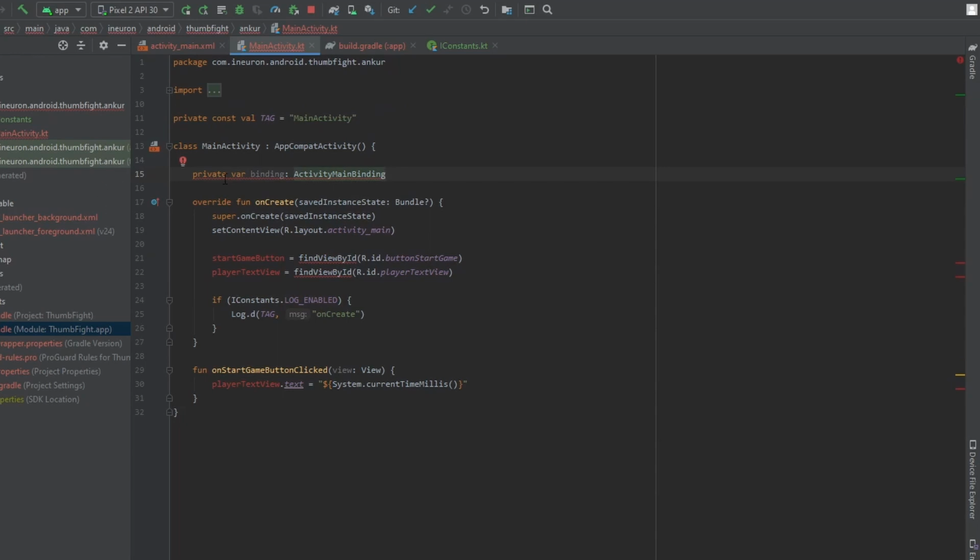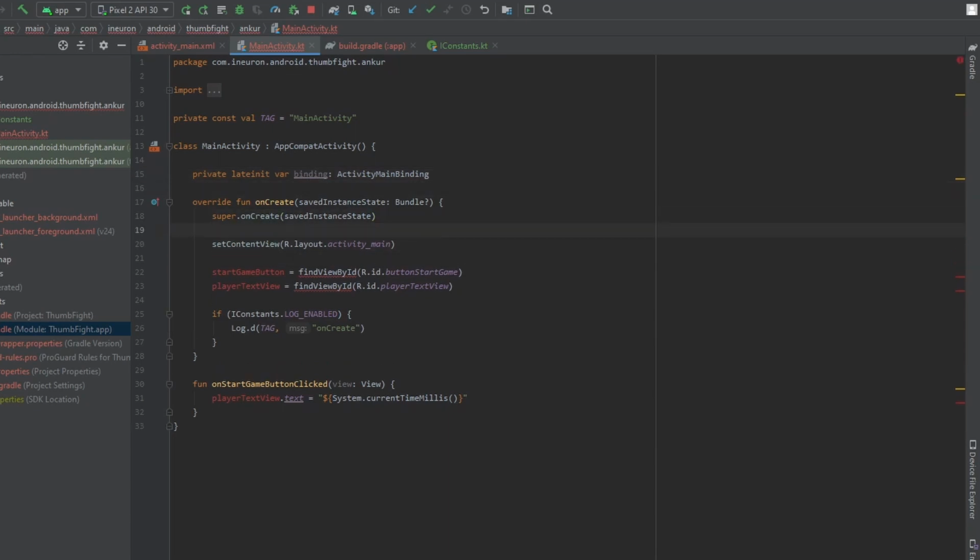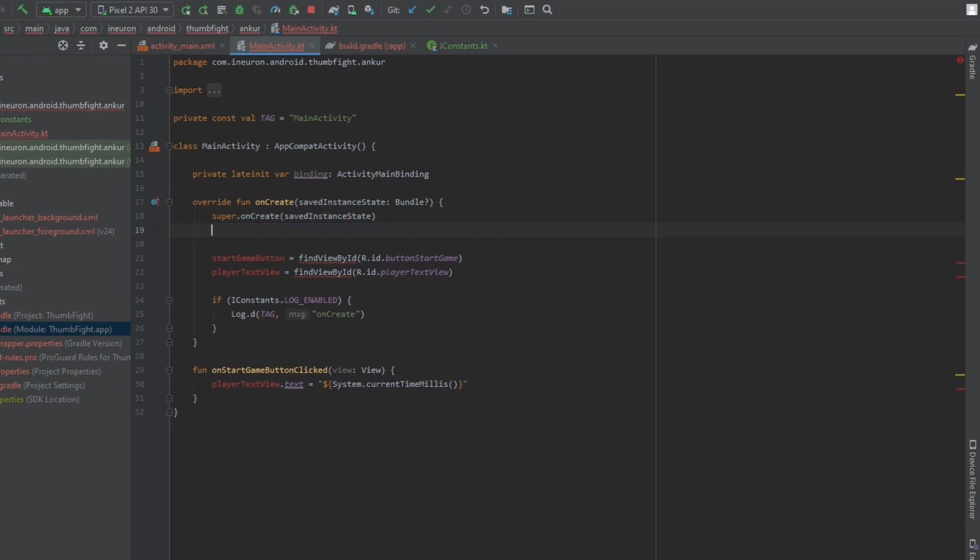So this will also be lateinit. Now, instead of doing a setContentView using activity_main, what we'll be doing is